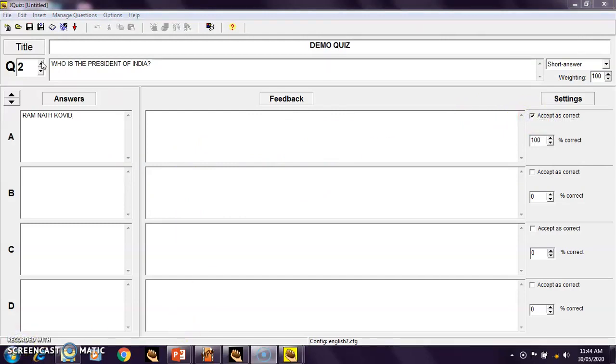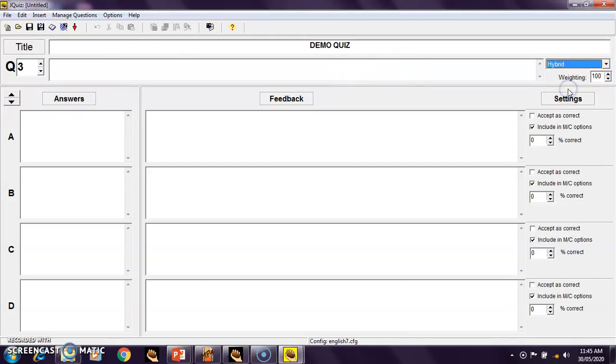So now moving forward, let's add the third question, question number 3, that is hybrid type. It is the combination of multiple choice and short answer type questions. Let's write, the capital of India is dash.